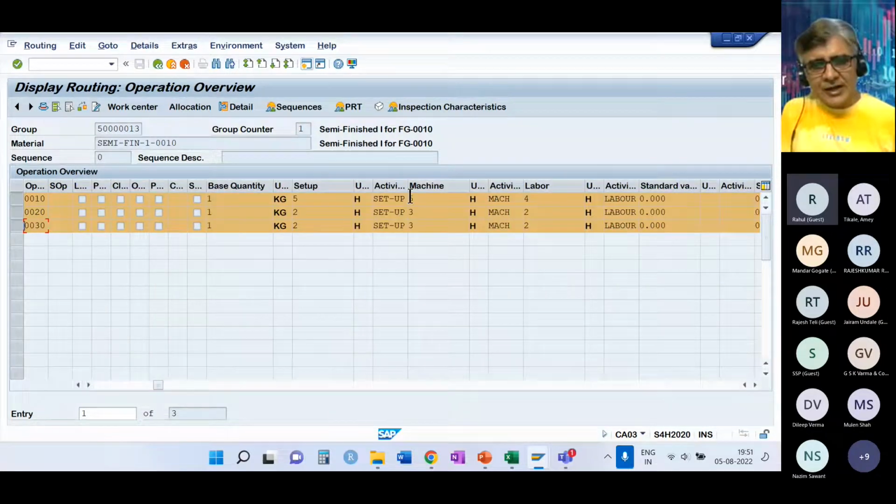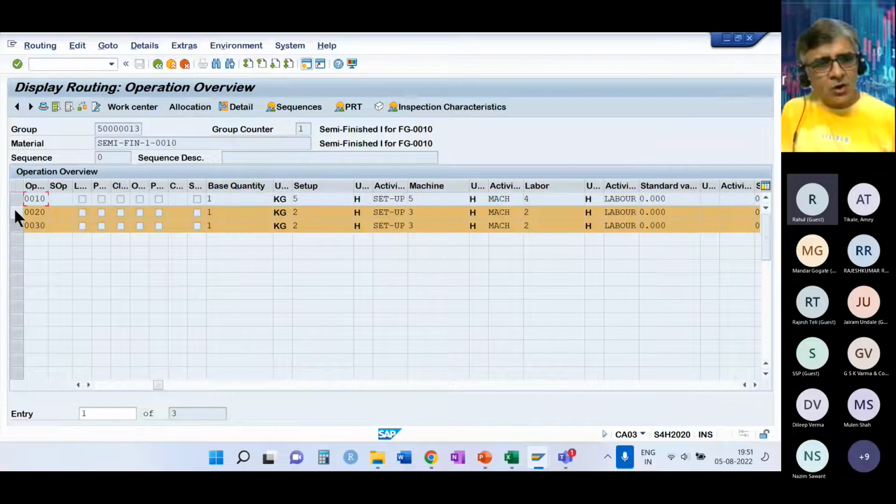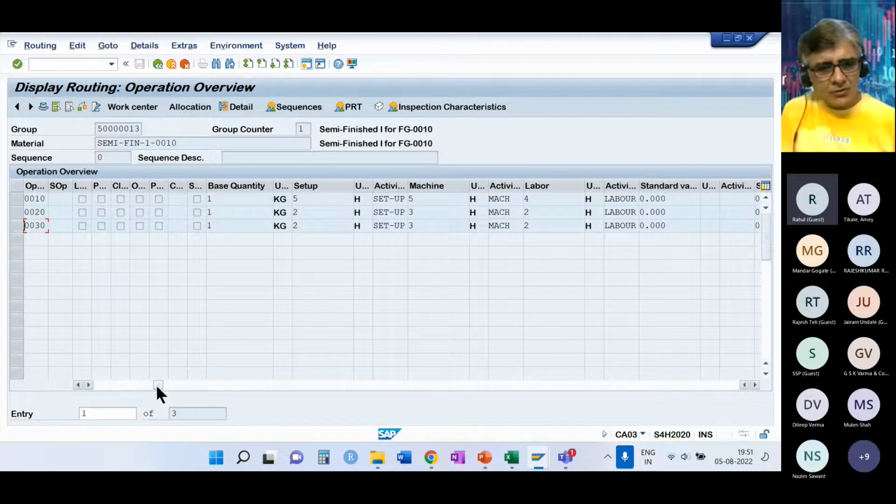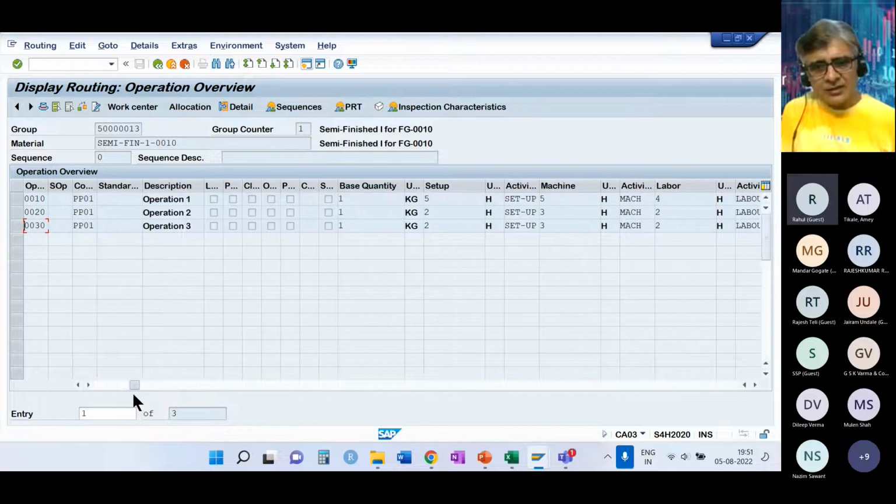And I have 3 different activities happening in each of these operations. In operation 1, I have an activity to set up machines, then an activity using machines, and then the labor activity. For each of them, I've defined hours: 4 hours, 5 hours, 5 hours, and 2 hours, 3 hours. This is just defined, so don't look for anything logical, but this is how you would also do it in the actual world. You'll have to find out the right time for each of these activities for each of these operations. So this is what I've set up.